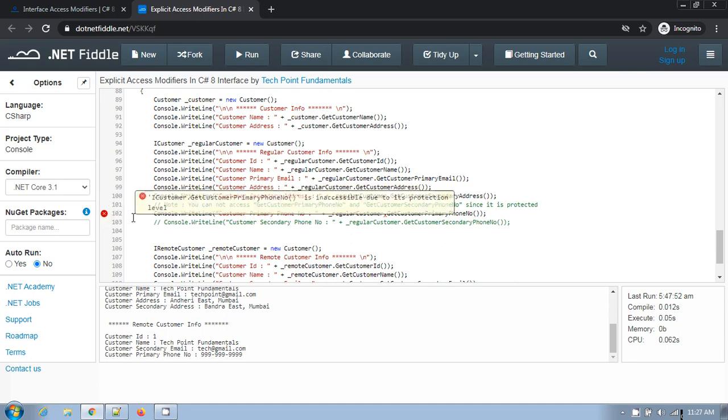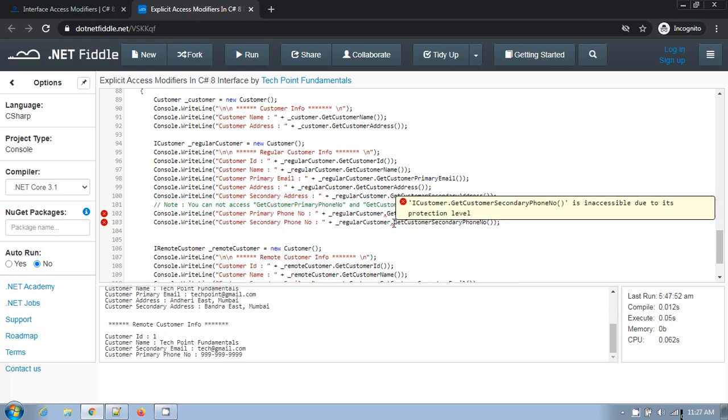It is the same for the secondary phone number which I have implemented. So whatever member is declared with the protected access modifier, you can't access it directly with either a class reference variable or an interface reference variable.